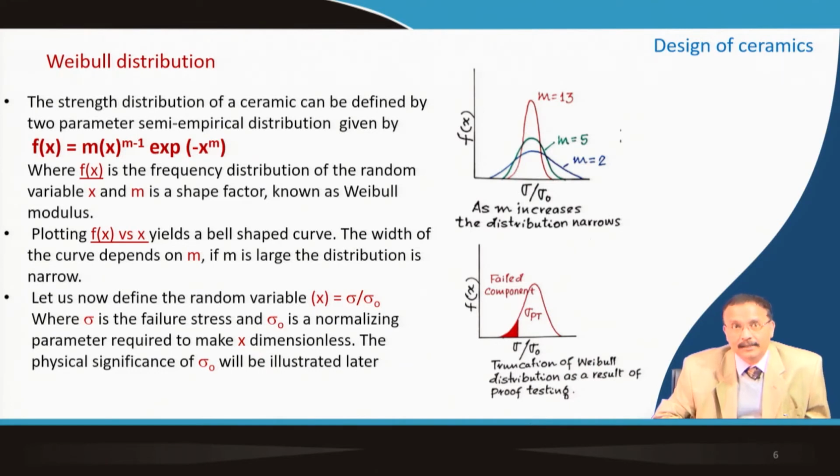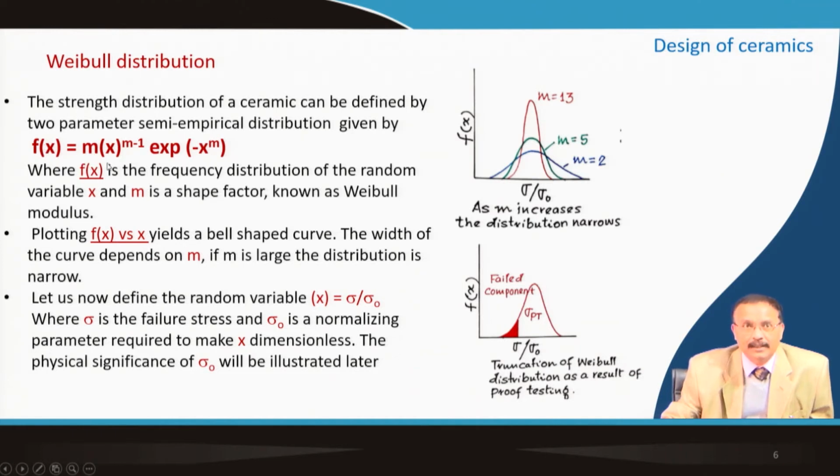So, a 2 parameter Weibull kind of distribution, that is proved to be quite helpful. So, the strength distribution of ceramic can be defined by this 2 parameter semi empirical distribution function. So, the function is f(x), and m is one parameter, and another parameter is this variable x, right. So, if you plot this as a function of x, then usually a bell shaped curve like this will